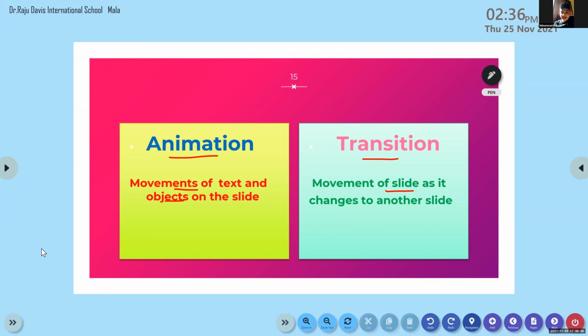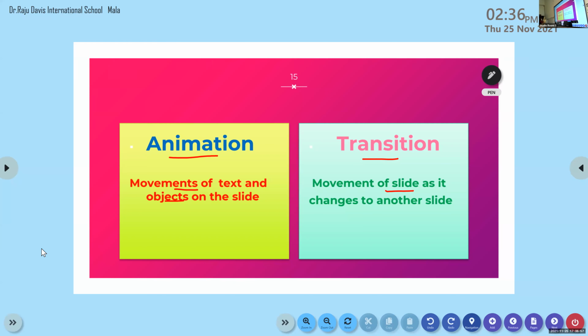Movement of slide as it changes to another slide. Okay, Farhan, what is the spelling of transition? Transition. Excellent. I hope you have completed this.